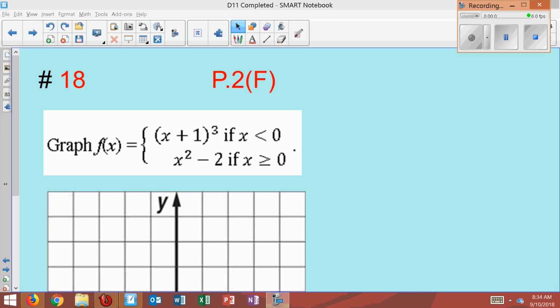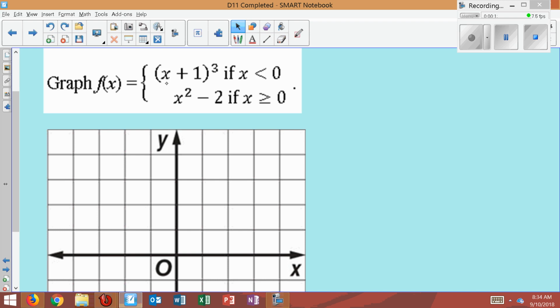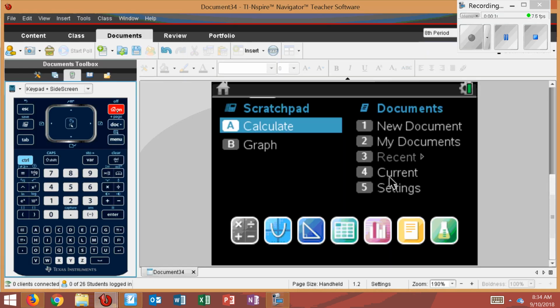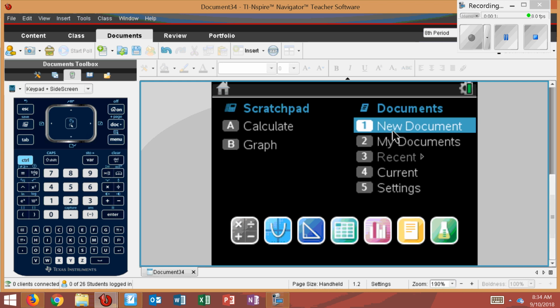Number 18, graph this piecewise equation: f of x equals (x plus 1) cubed if x is less than 0, and x squared minus 2 if x is greater than or equal to 0. So piecewise, again, if you want to do this in a calculator, all you would need to do here is go to your graph,